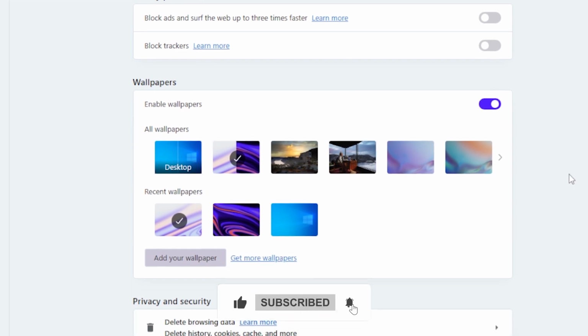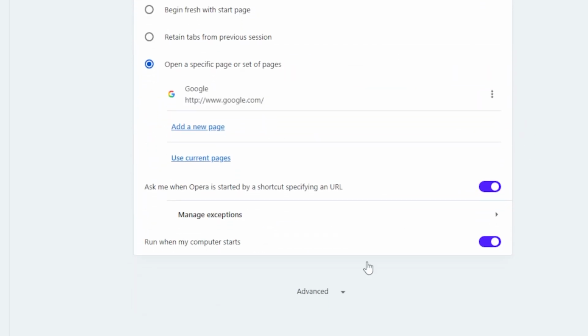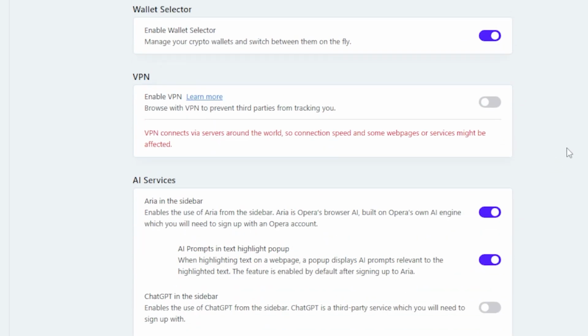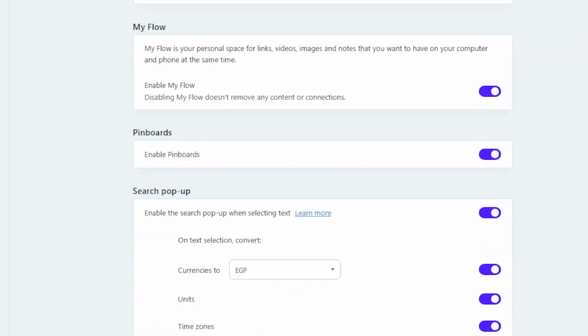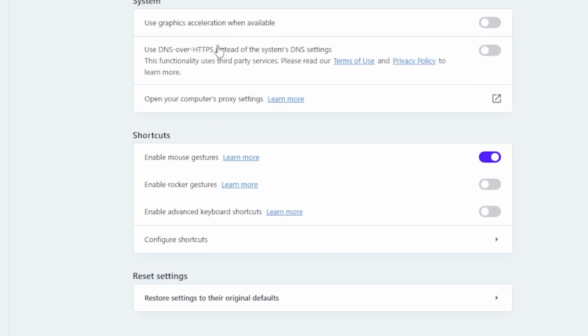Now that you're in the Settings tab, scroll down until you see Advanced. Click on it to reveal more options. Scroll down until you find the System section. In this section, you will see a setting that says either use hardware acceleration when available or use graphics acceleration